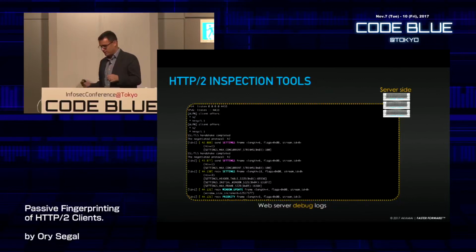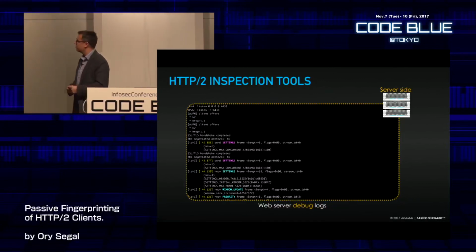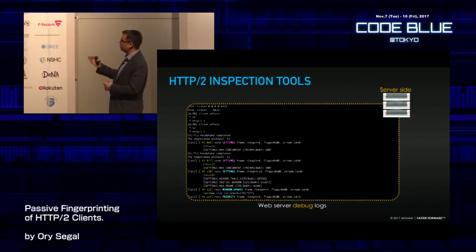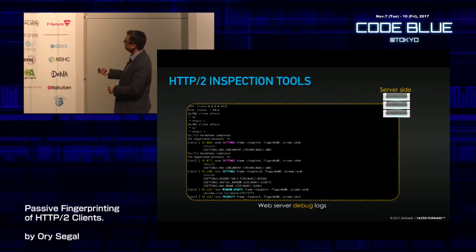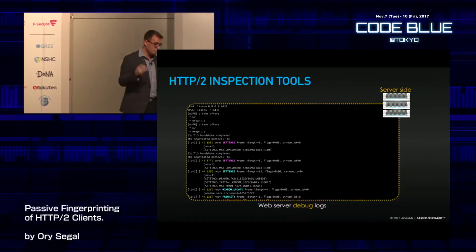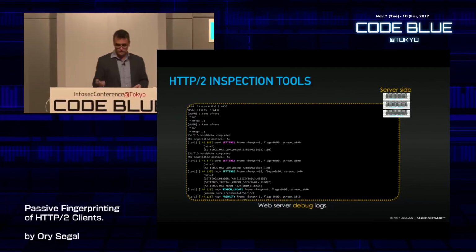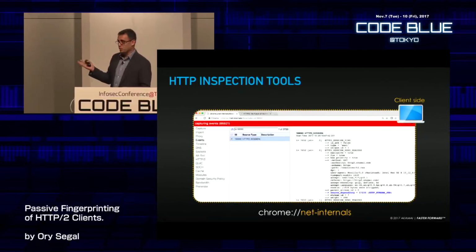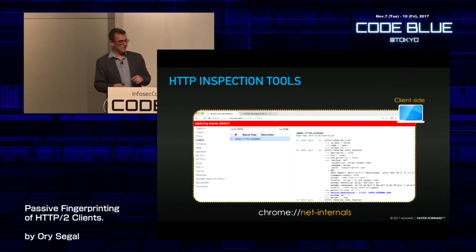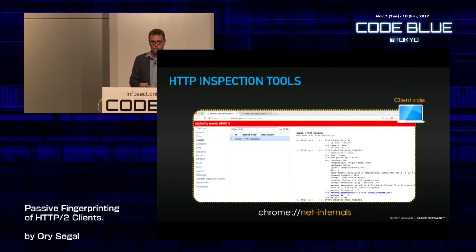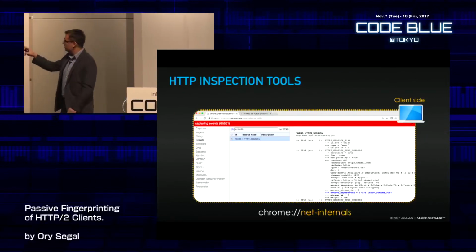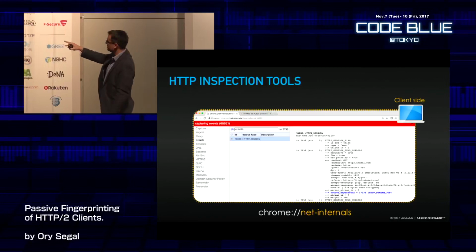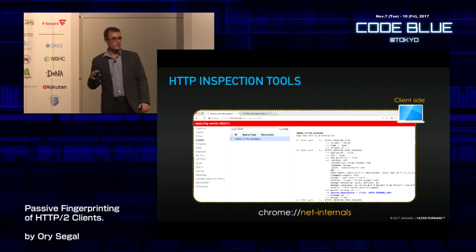So your best odds for debugging HTTP traffic in HTTP 2, first is to use debug logs on the web servers. These are debug logs from, I believe, Nginx. Pretty cool logs to read. On the client side, forget about Burp. I'll get back to that in a moment. But if you launch Chrome, and you go to chrome://net-internals, you actually get a very cool debugger.